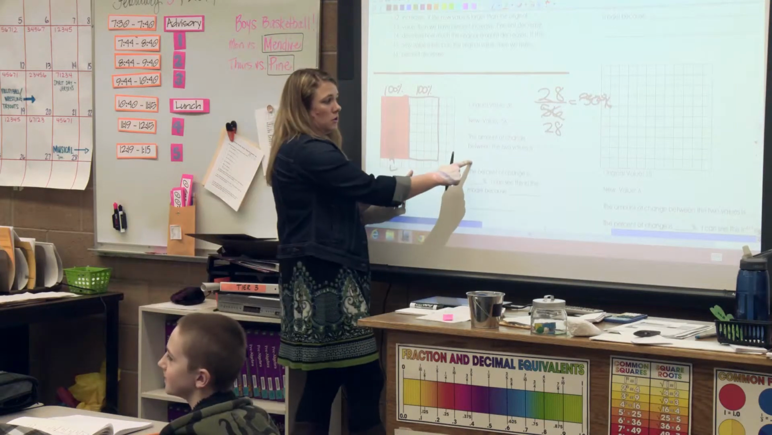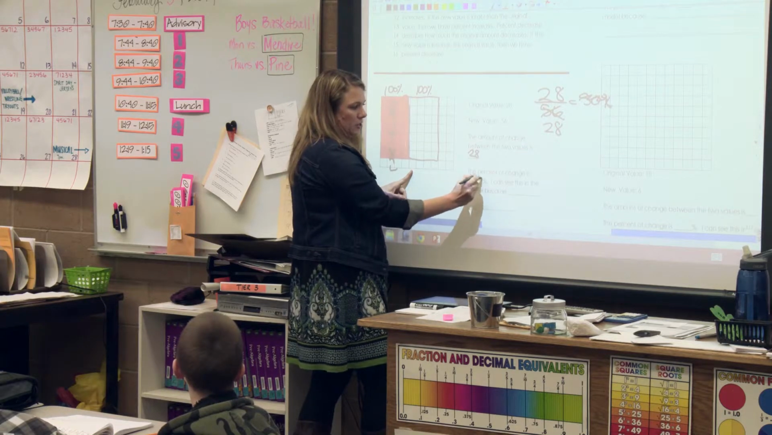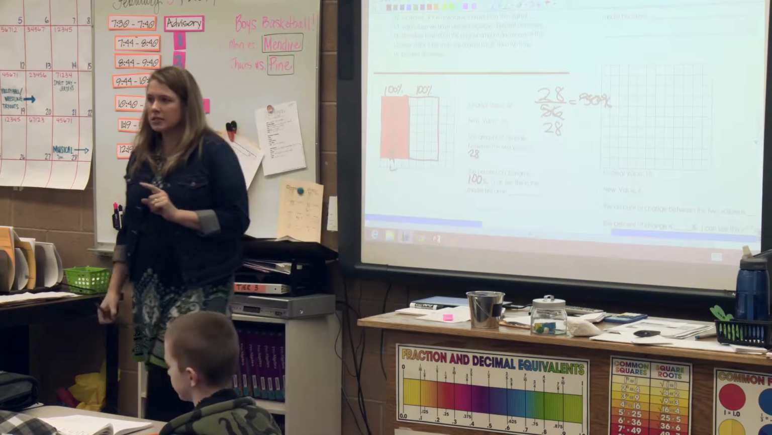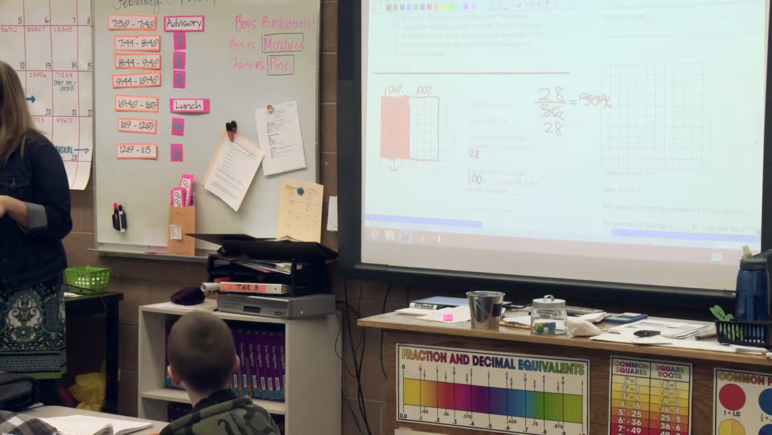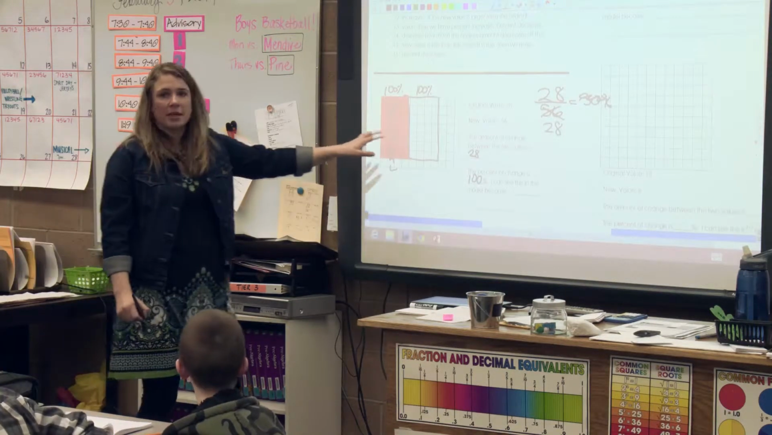Okay, so the amount of change between the two values is 28. The percent of change is 100%. Is it a 100% increase or decrease? 100% increase. And we can see this in the model because